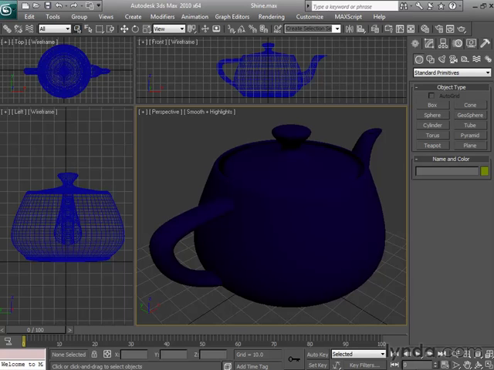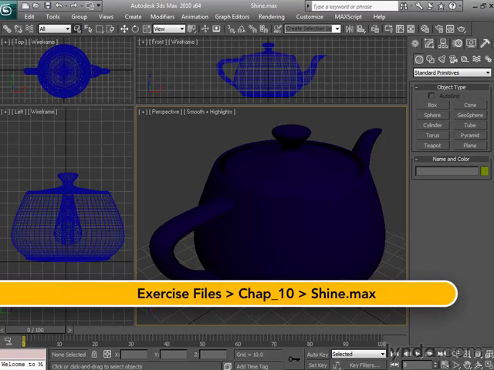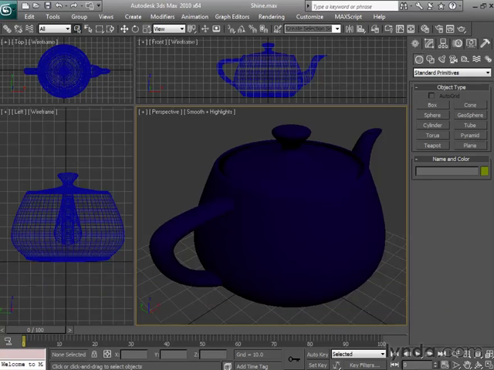3ds Max uses the term specular to identify a material's level and strength of shine. The settings that control those surface characteristics are located in the specular highlights section of the material's basic parameters. Now, to demonstrate the way those controls work, I'll simply be using a teapot that has a navy blue material